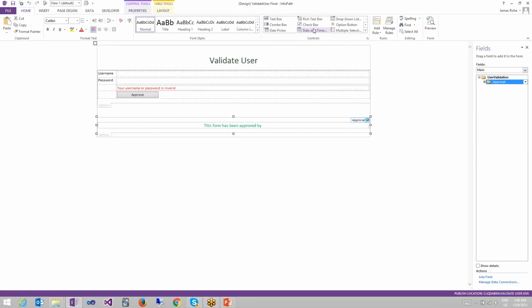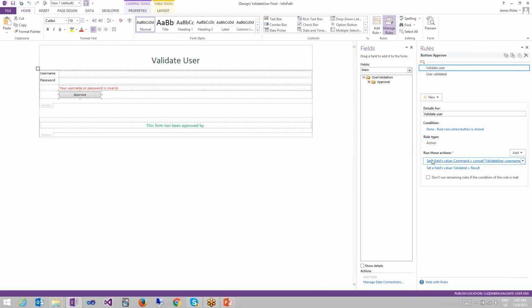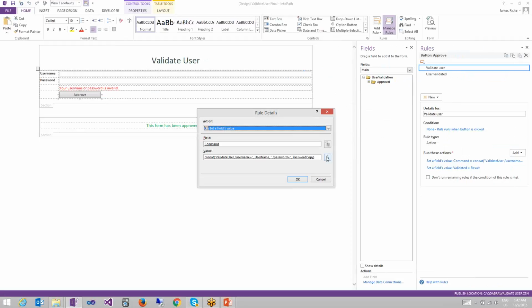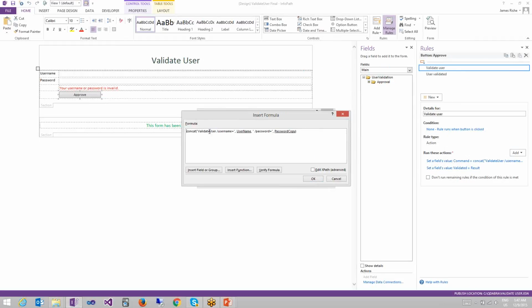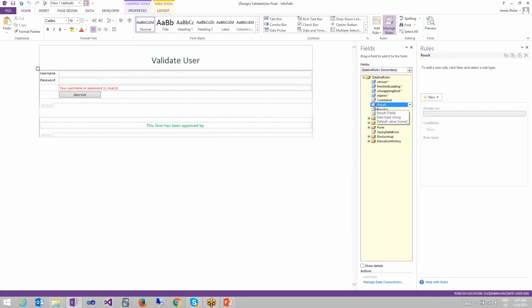So that's a pretty nifty command. It's very easy to use. We're providing a lab along with this training session where you'll have the opportunity to set up the command yourself. But basically all you do is use the validate user command, pass it the username and password that you want to validate, and it will place the result in the result field of the qRules data source as either true if the username and password are valid, or false if they were not valid.